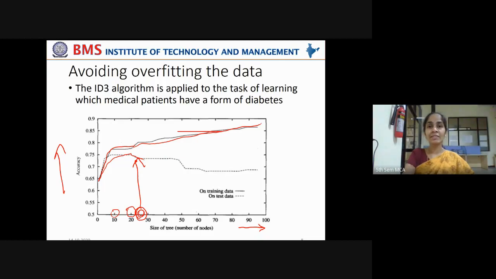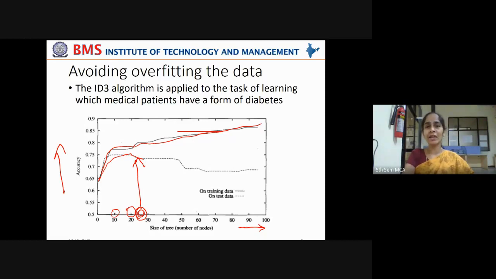Means the generalization capacity of your model is deteriorating. It started coming down because your model is learning too much by including a large number of nodes into the decision tree. It is answering for every possible combination.